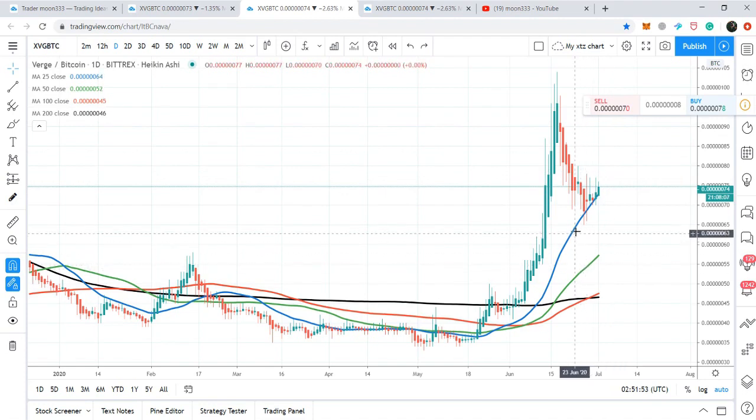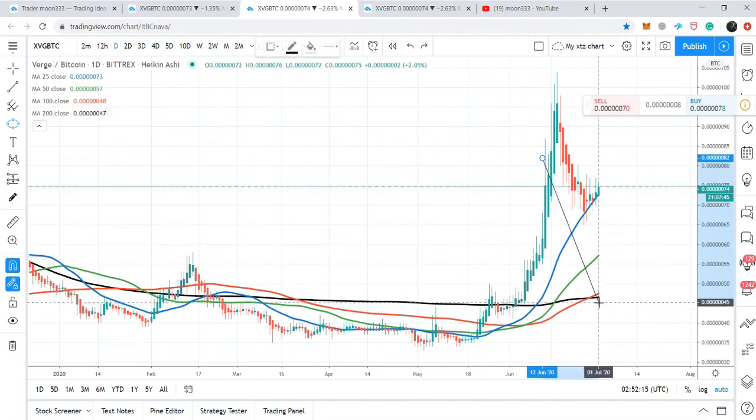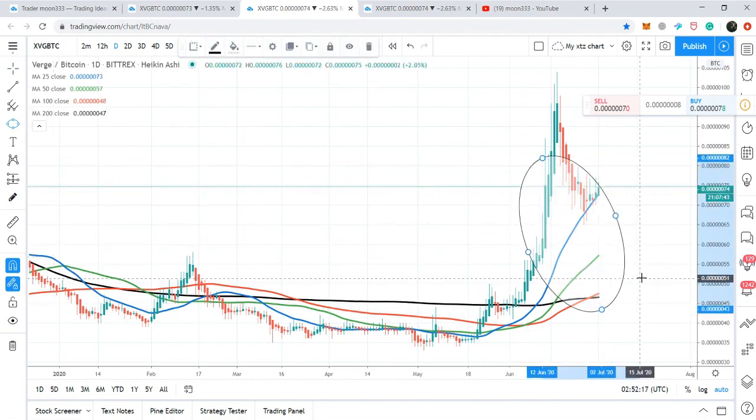And if we watch the order of the moving averages, we have the smallest time period moving average above all other moving averages, then we have 50, then 200, the biggest time period moving average, with the time period of 200, is below all the moving averages. So this is a complete open alligator mouth formed on this daily chart